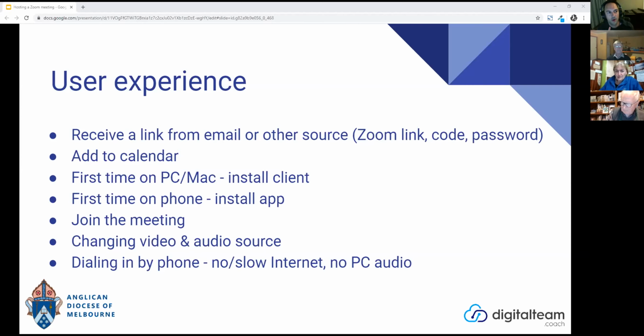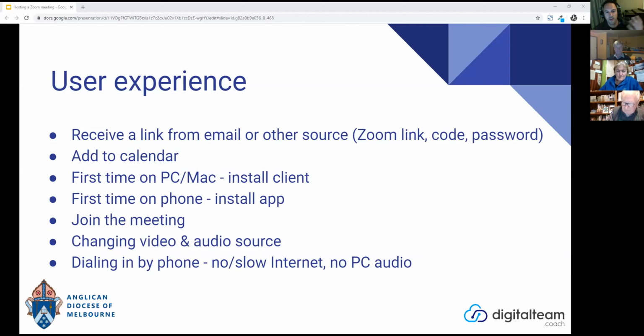Once that's done, on a device that's being used for Zoom for the first time, an installation needs to happen. If it's on a computer, a PC or a Mac, when they click the link to join the room, they'll need to download the client and install that first. It's very easy and only takes 2 or 3 minutes. Similarly, if someone's accessing Zoom on their phone, just as a participant, they will need to install the app when they click on that link. So it's good to let people know to do that a few minutes in advance if they're doing it for the first time before they join the call, just to allow time to download and install the app.